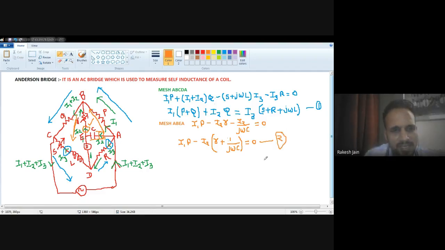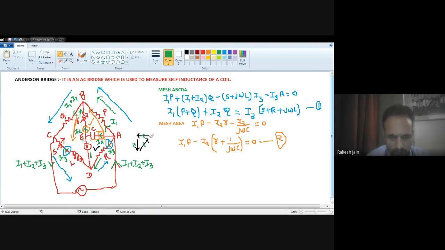Now see the mesh AEDA. With this black color, I am going to show you the mesh direction AEDA. So first, I am talking about this mesh. Okay, A to E I will go, then E to D I will go, then D to A I will go. So my direction is in this black color direction. And what is the given current direction? The given current direction in these three branches is in my direction. There will be no current in the detector element, and the current direction is same.